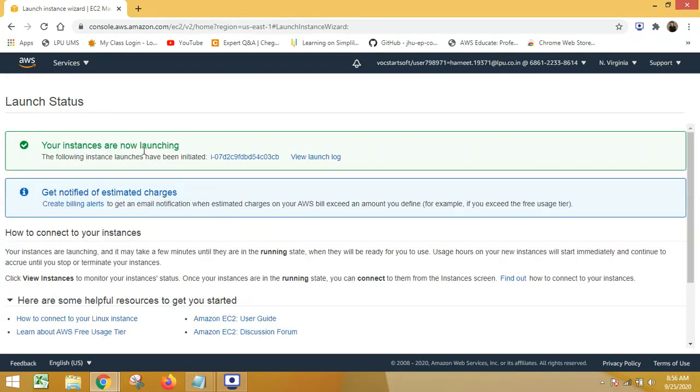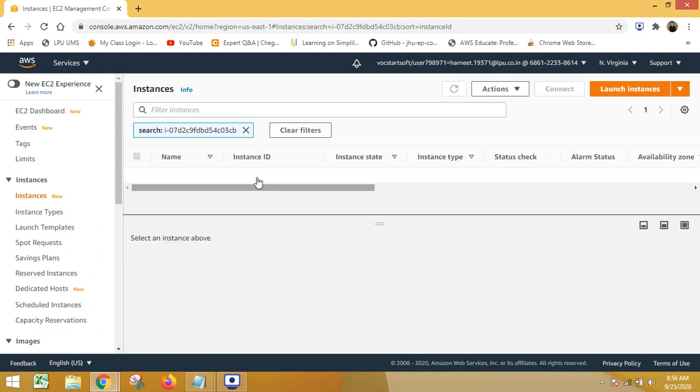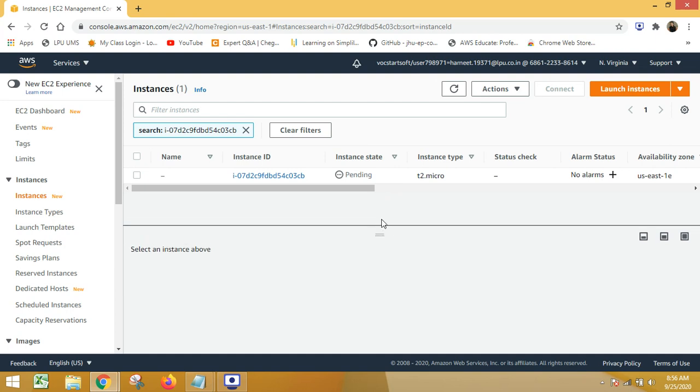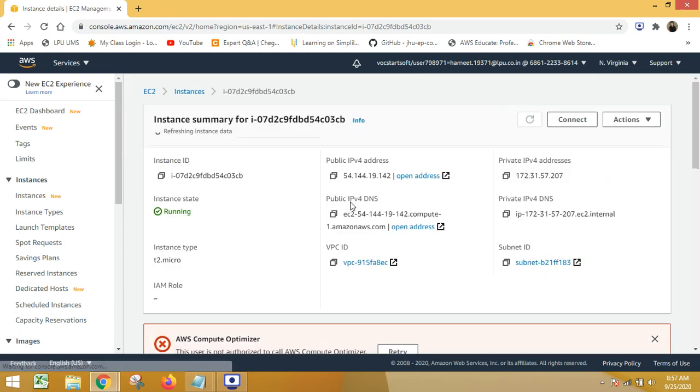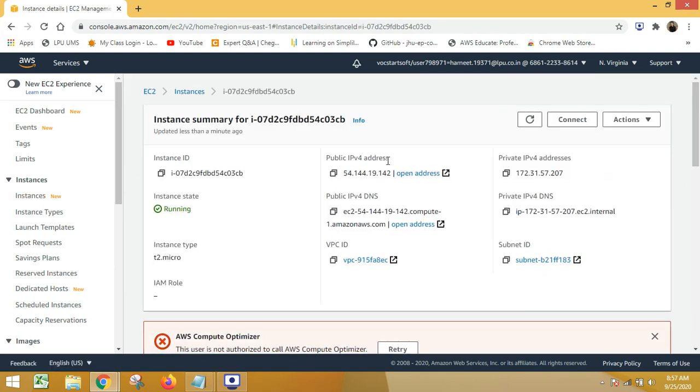So the instance is about to launch now. Let me go into the console to check how it is processing. So here I have to wait for this instance state to change from pending to running. Okay. So for that time I will be waiting, and then I will proceed with the next process. Now my instance is running. So let's open this instance. So what I'm getting here is this public IPv4 DNS.